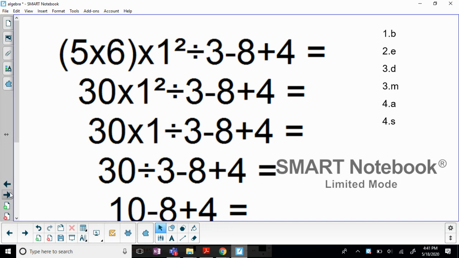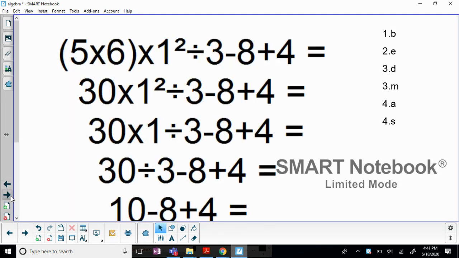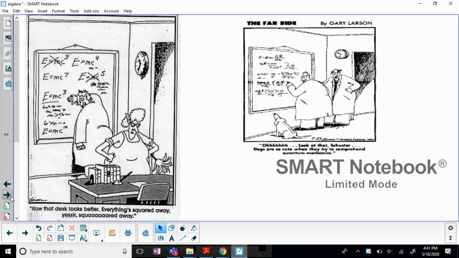And don't worry, we're not going to have to do a question this complex. We're not even going to have to do a question this complex. The reason I'm showing you guys order of operations in algebra is not because I expect you to be Einstein yet, or because I expect you to teach your dog quantum mechanics yet, but because we're going to get questions like